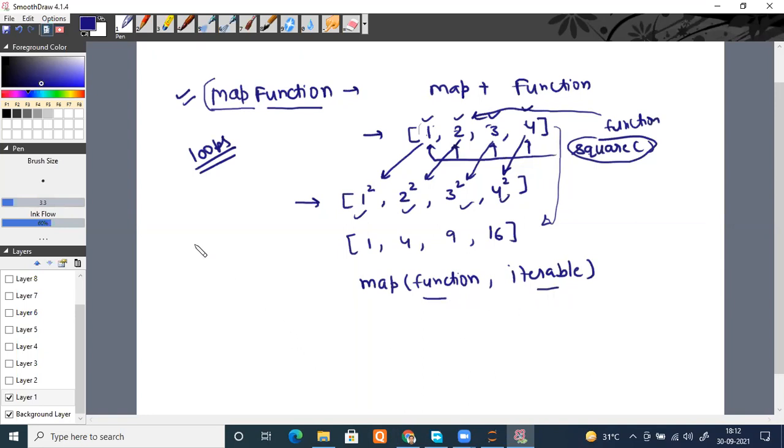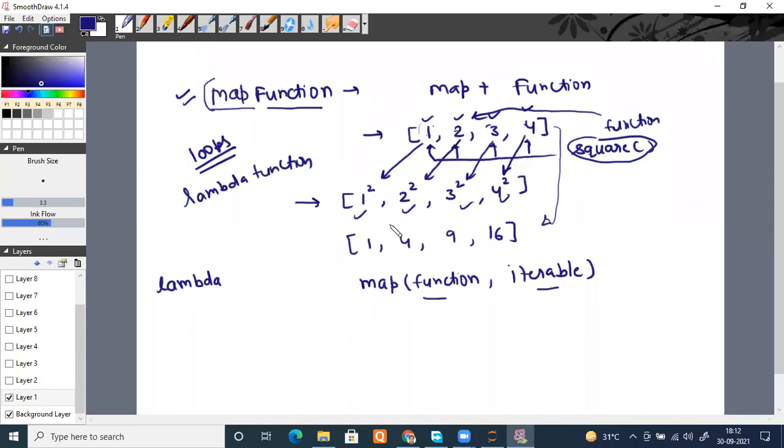Yesterday, remember, we studied our lambda functions. And remember what the syntax of the lambda function was? We just write the keyword lambda, then the variables on which you want to operate.